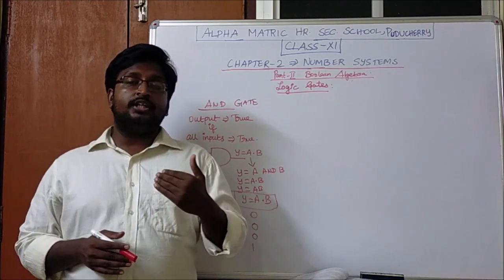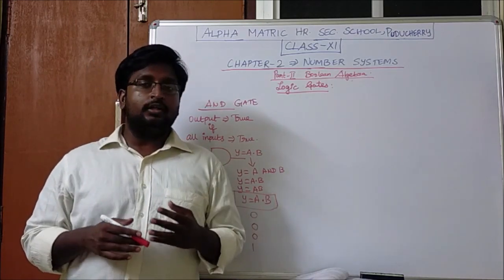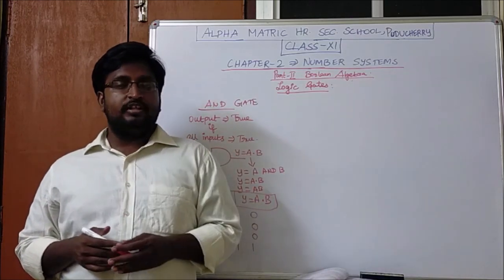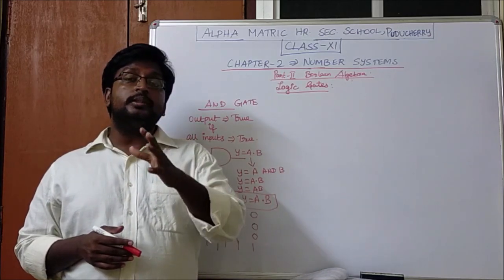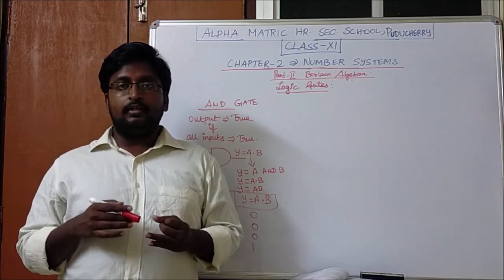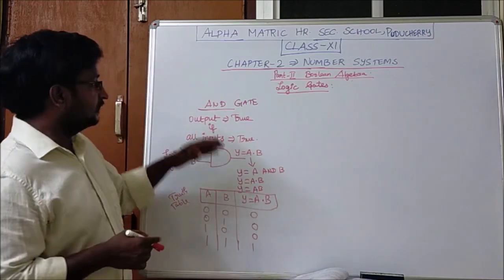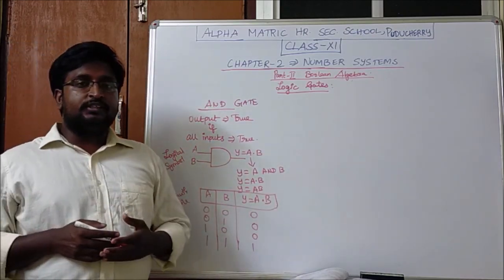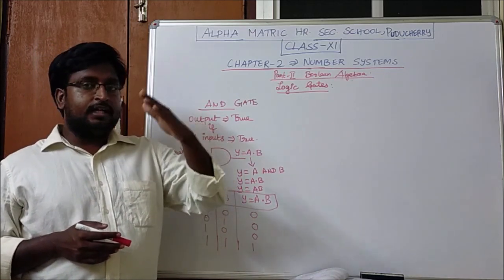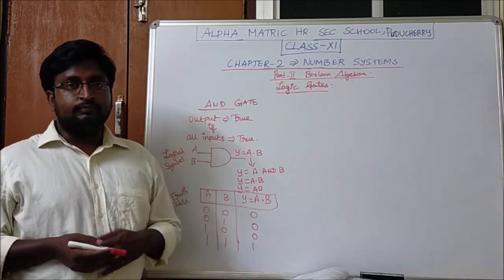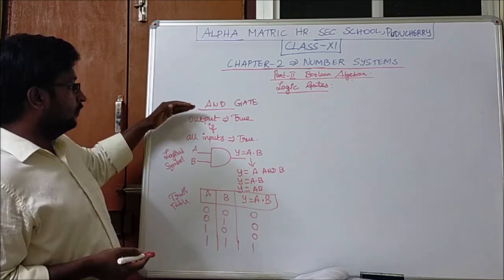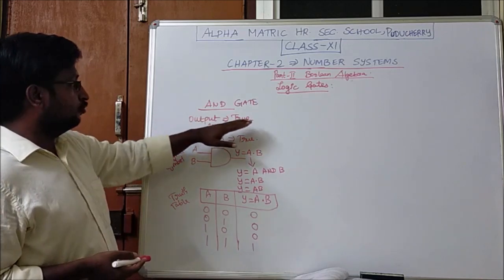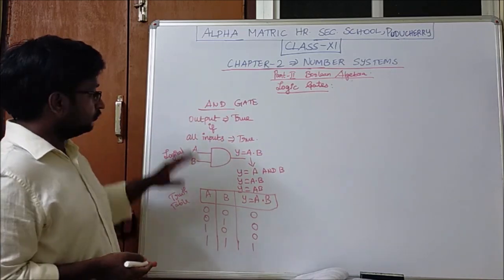What are the basic logic gates which we have seen? AND, OR, NOT. Those three are the basic logic gates, which we call universal gates. That is the AND gate, OR gate, and NOT gate. First let us see about the AND gate. In the operators we have seen the symbolic representation, the function and the truth table. Here we will give the function, which is the same as what we have seen in the operator. Output is true if all the inputs are true.